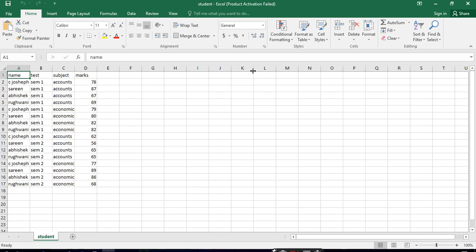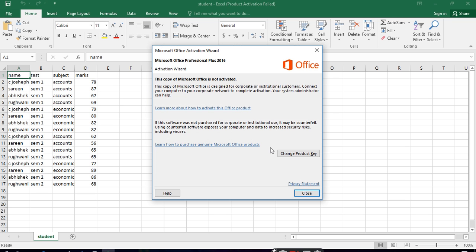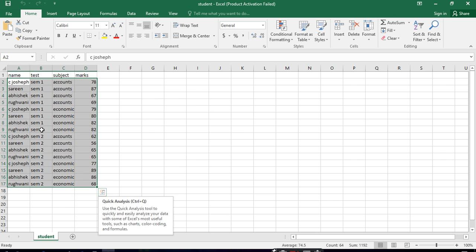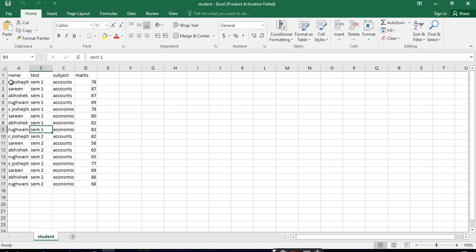Using the Excel program we have created a spreadsheet. The file type is CSV, whose columns are name, test, subject and marks, and these are the records. See the records, in the name column there are values that are repeated.